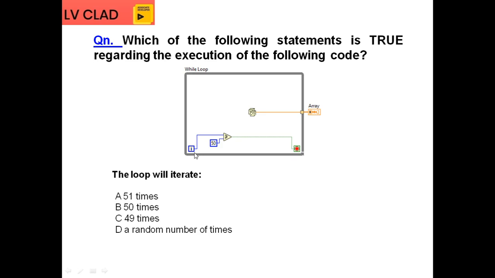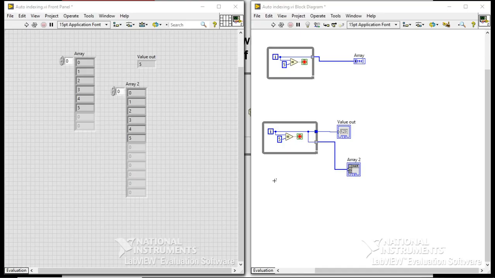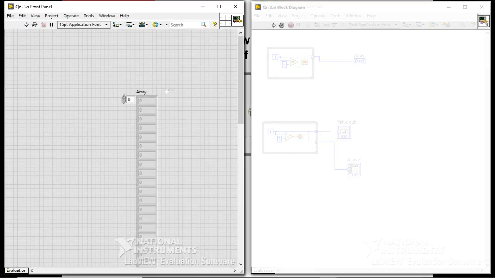Always you will pick the value 50, so it executes 50 times. Most of the people will answer that, but actually the i value starts from 0, and it is going to be compared with 50, so from 0 to 50, totally 51 times the loop is going to execute. A random value is produced, and the array will accommodate all the results, 51 times. So the loop is executing 51 times. You just go to that hands-on and you can understand it.